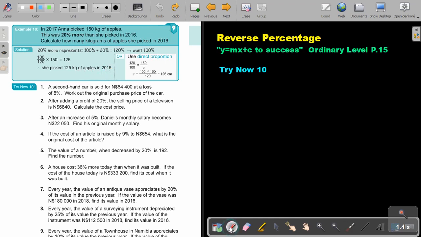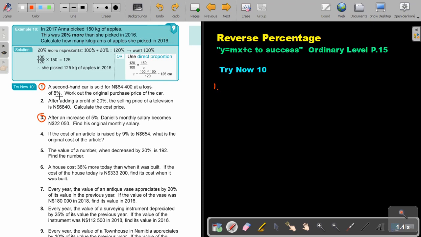Okay, I want again you to stop the video. I want you to do number 1 and number 3. Okay, let's start with number 1. It's always best that you first finish to do it by yourself and then you continue the video to see if you are correct. So a second-hand car is sold for